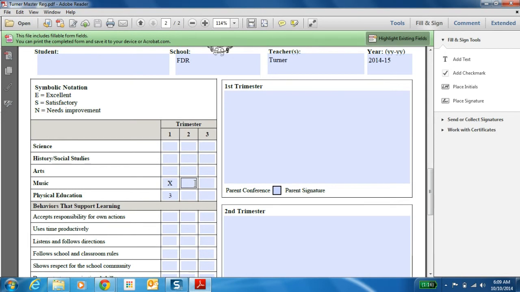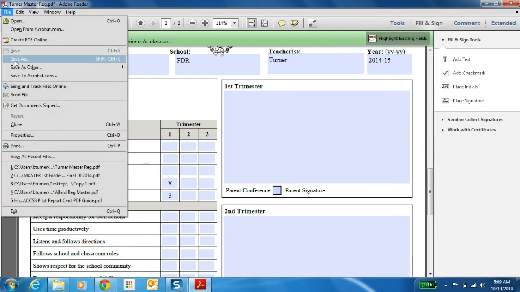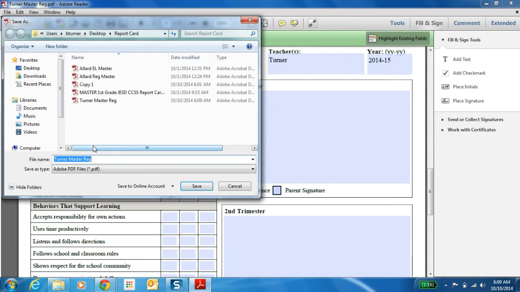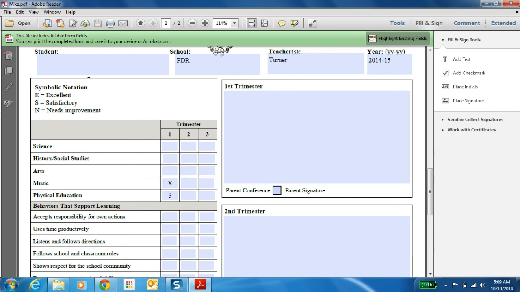Now there are different ways to go about saving this so I can do it for different students. One way is to go File, Save As, and I can name this, say, Mike for Mikey in my class, and Mike will then show up in the folder. And let me go back